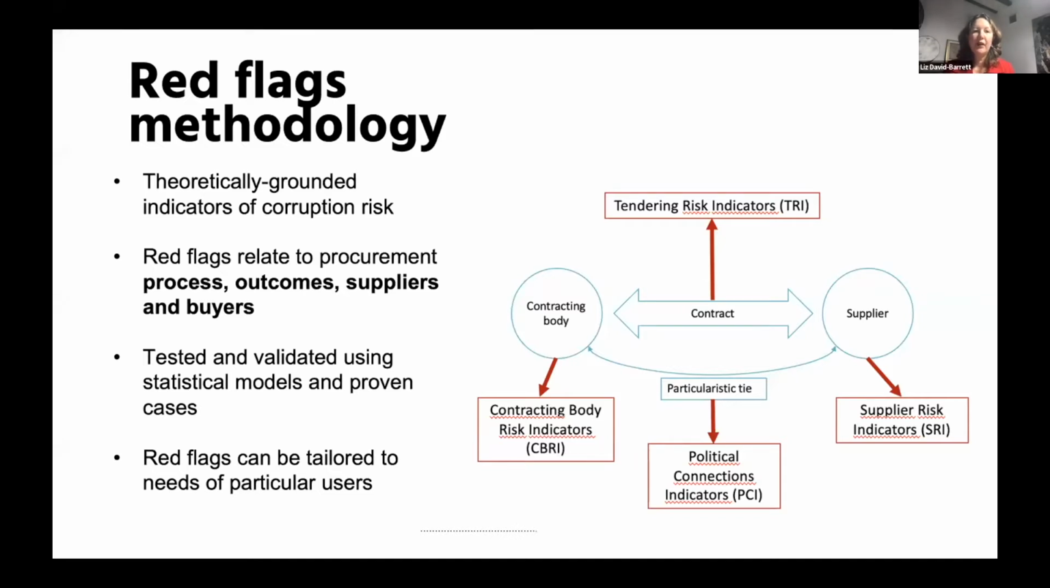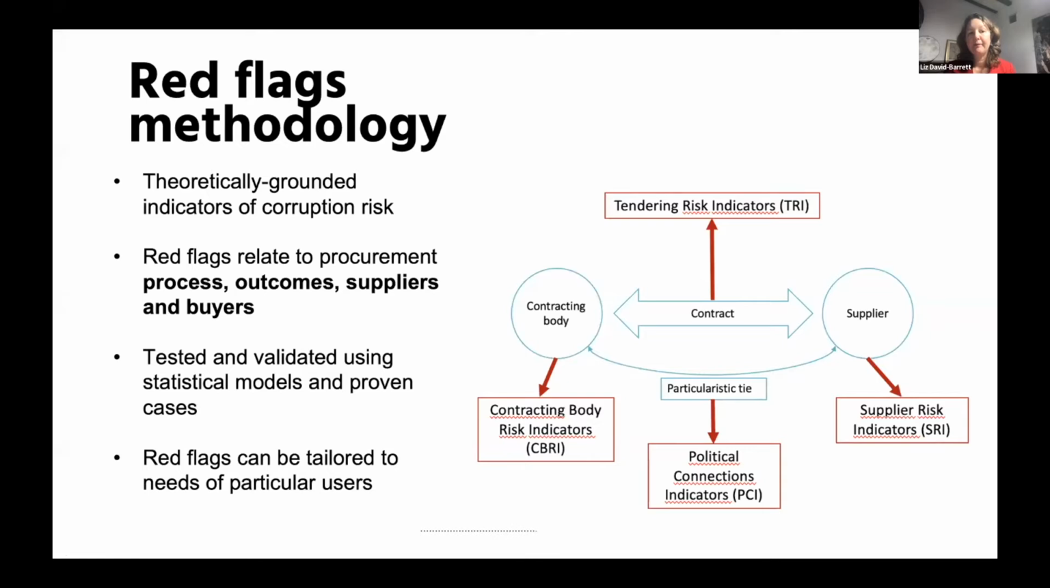So does it buy a large share of its procurement from a particular supplier, for example, or does it very often use quite closed non-competitive procedures? We can look at the suppliers themselves. Were they only set up a few months ago, just before the tender, or even a few days ago? Or are they registered in a secrecy haven where we can't find out who the real owner is? And also looking at political connections, is there any evidence that there is a political connection between the contracting body